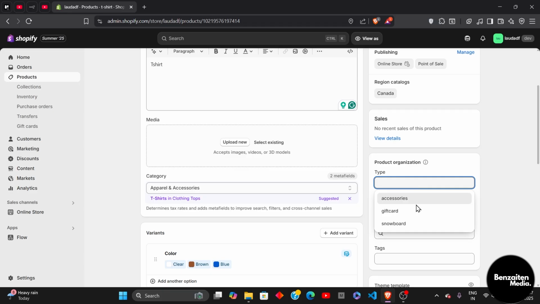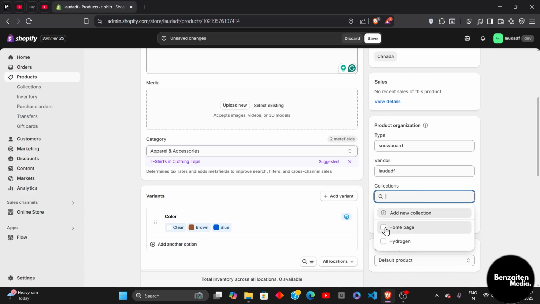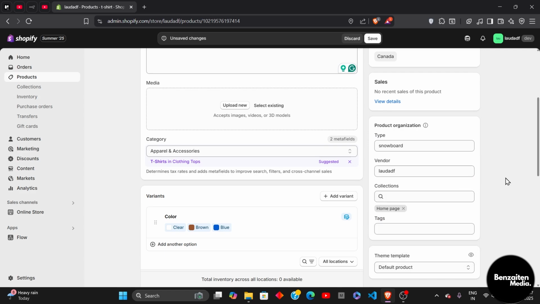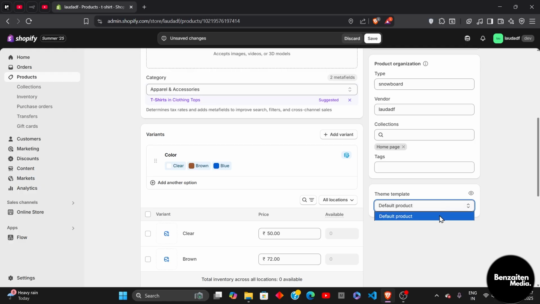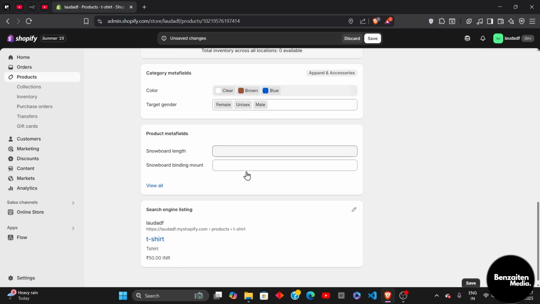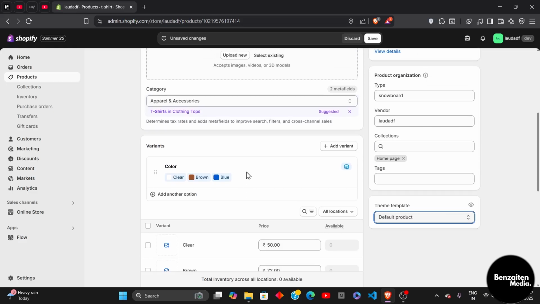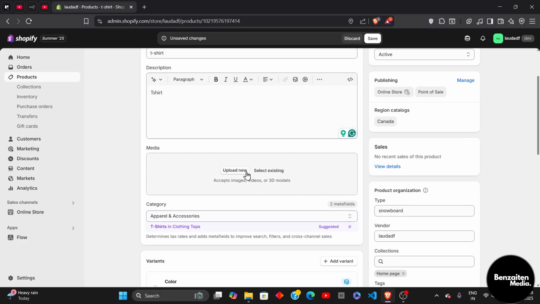Then in the product organization you can also enter the type of the product that you are selling, and after that you can specify a particular collection if you are selling a particular collection. You can also enter the tags if you have any, and you can also change the theme. I currently have the default product theme, so I can just keep that, but if you have purchased Shopify premium, you can change the theme template. And these are all the details for adding the variants and adding a product